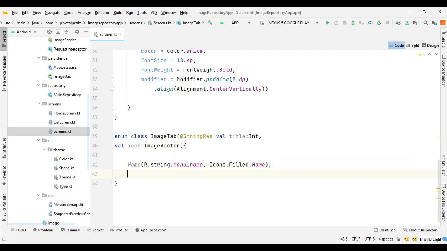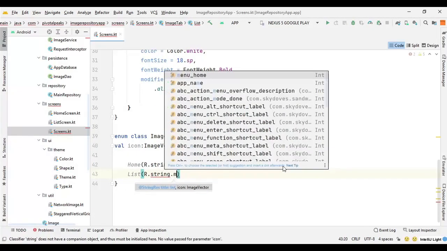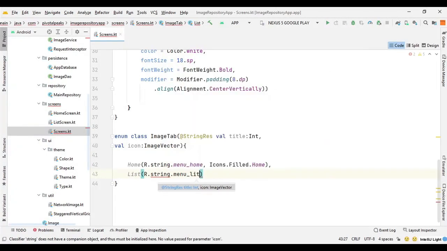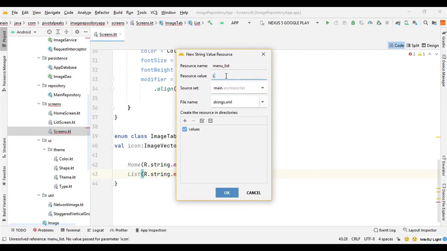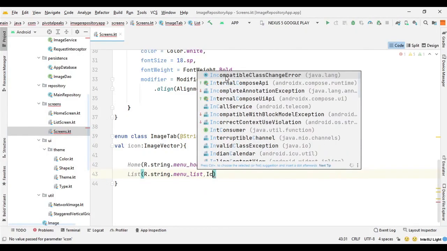And then we will have another tab for the list screen. So we can say list, and here we can say r dot string dot menu underscore list, and let's create this one as well. So we can call it list, and we can use the icons for it.